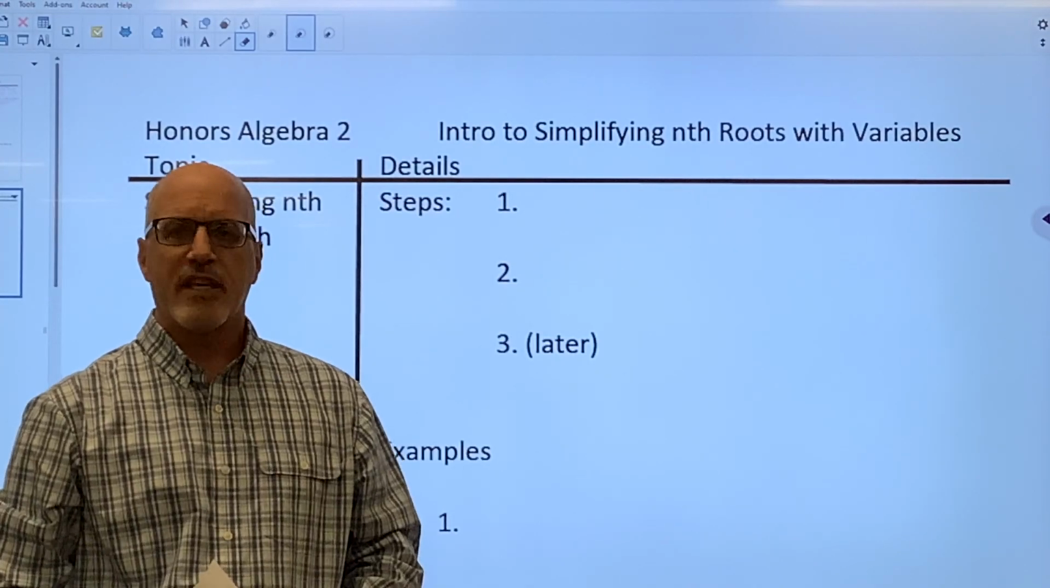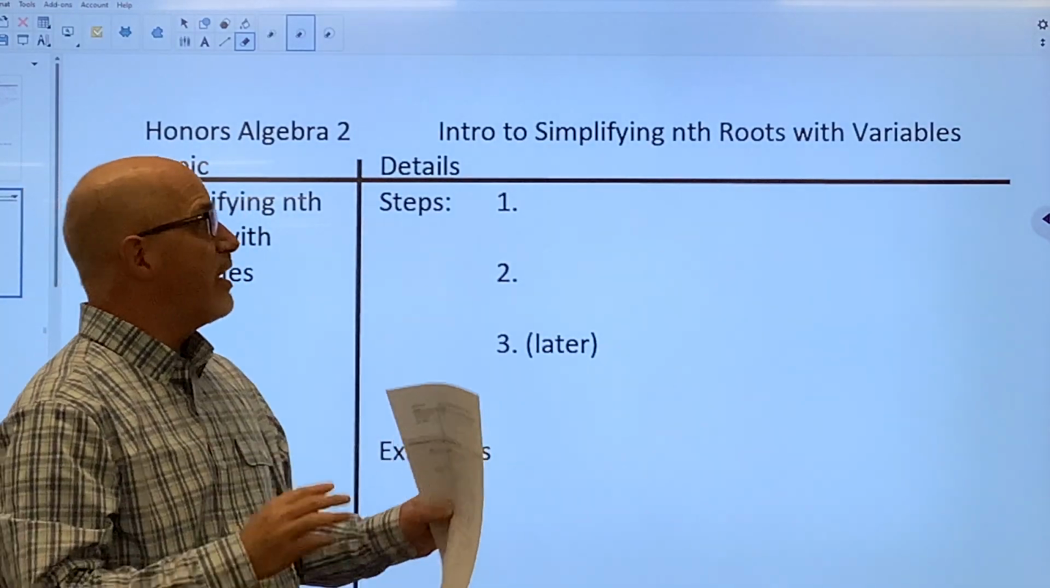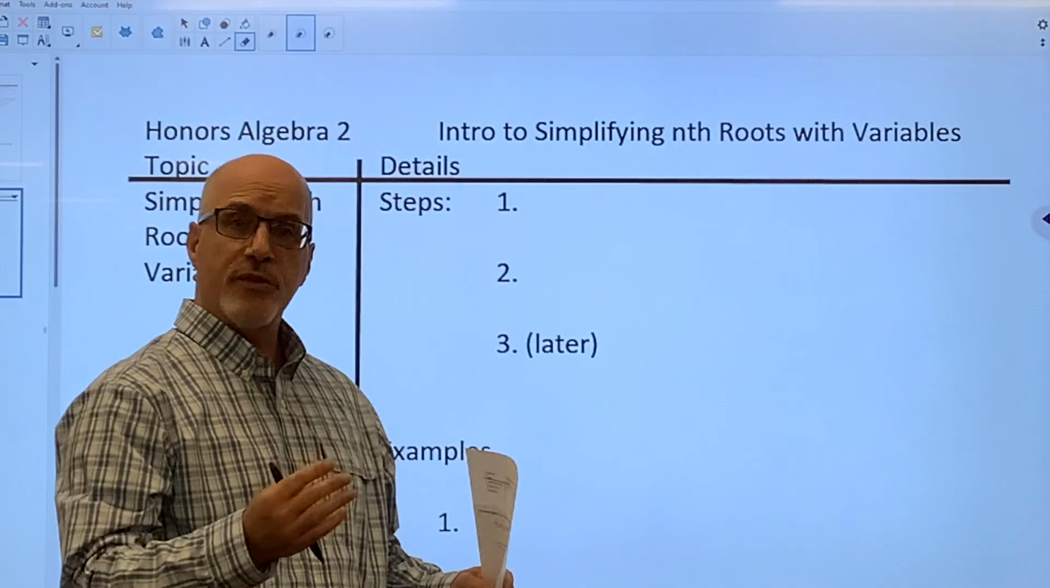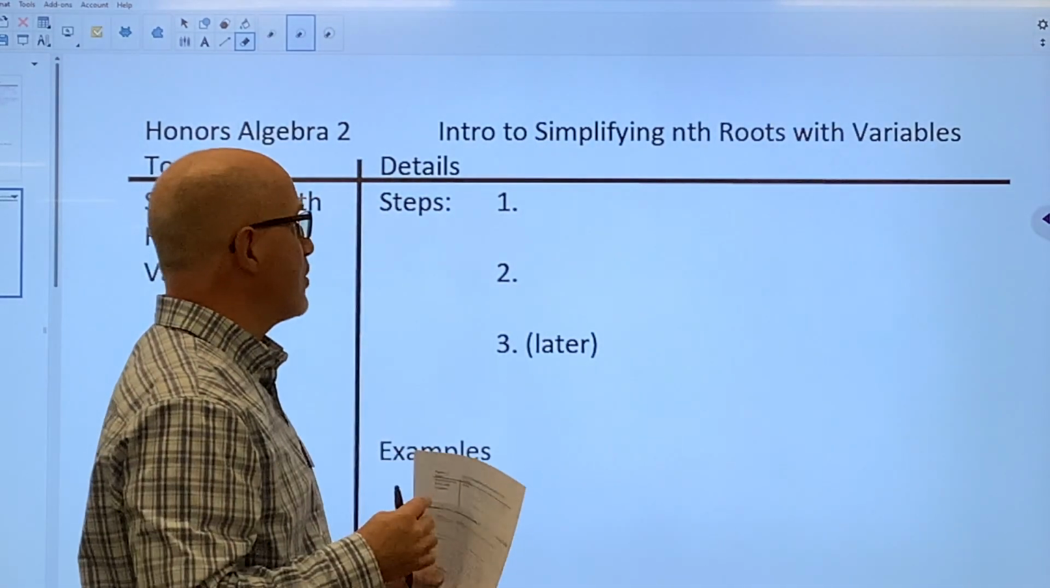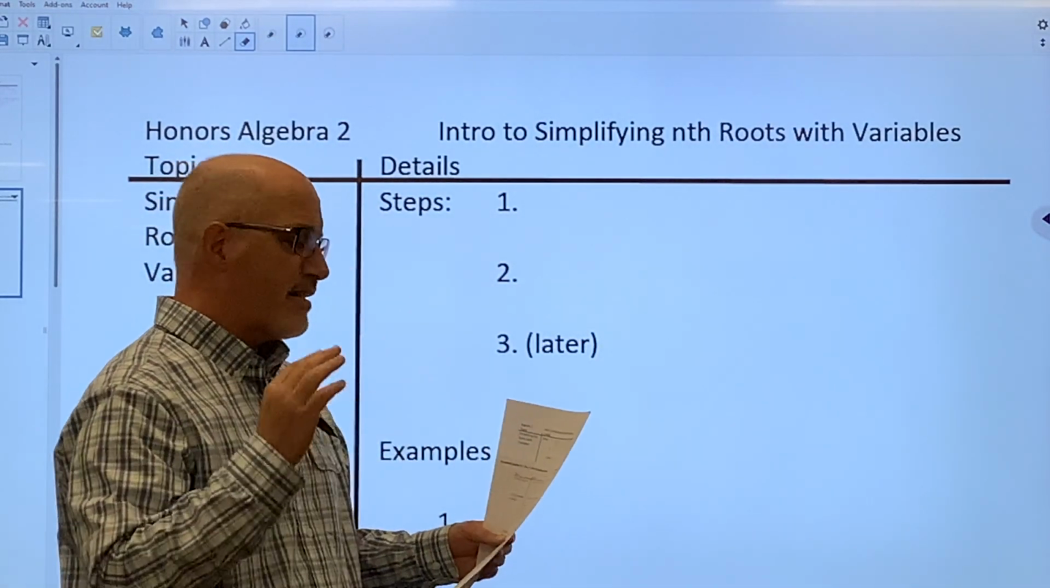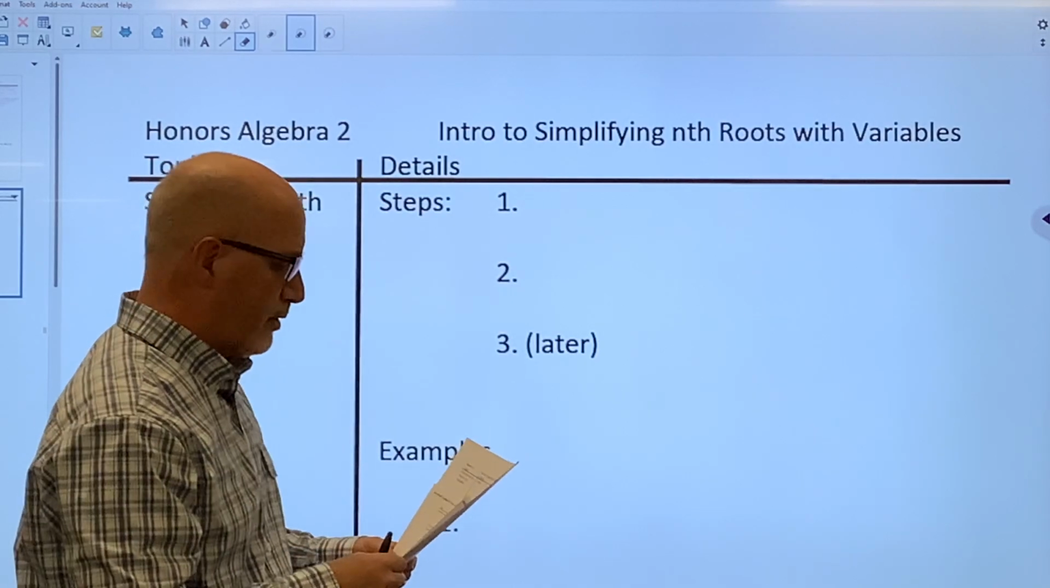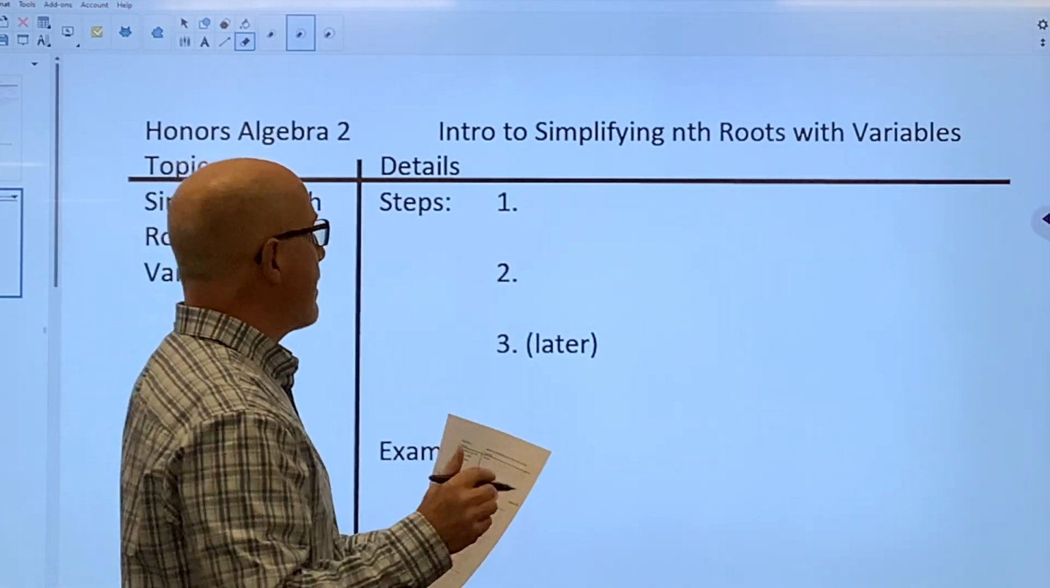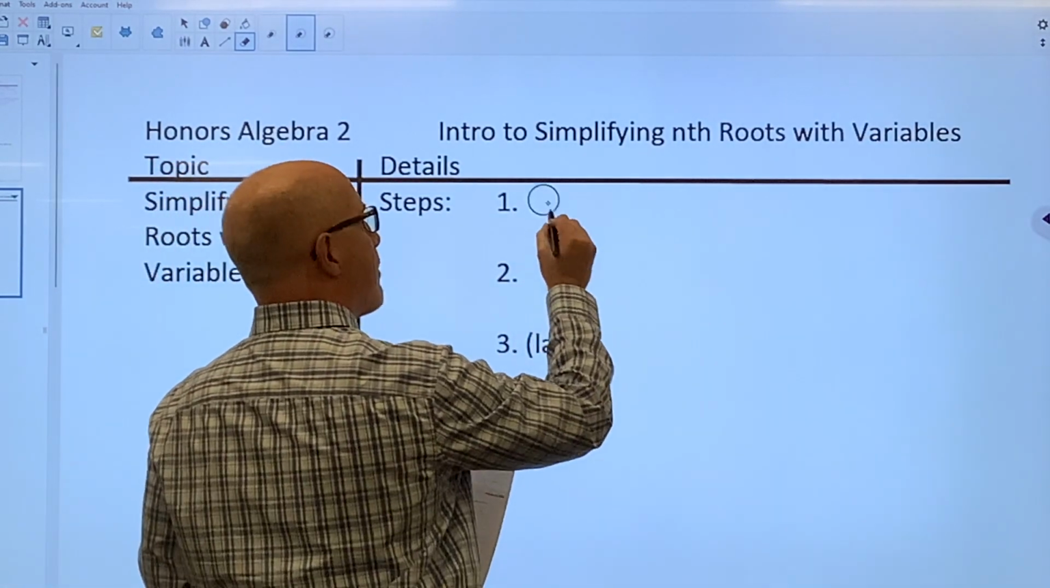The objective of this lesson is to simplify nth roots that have variables involved. This will be an introduction to it. We're going to look at the steps involved for it and a few examples. So first of all, our first step for doing these problems is to separate